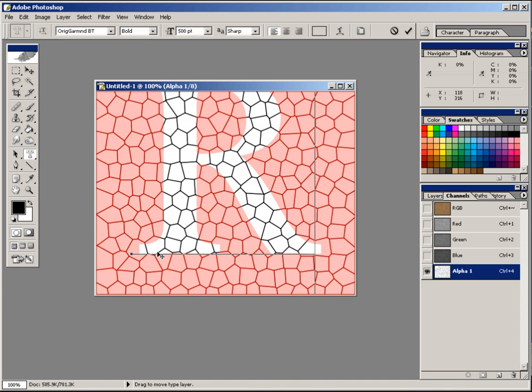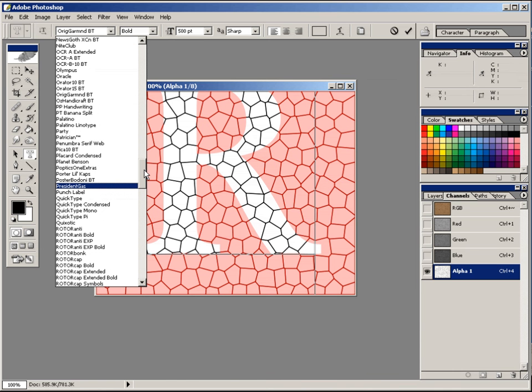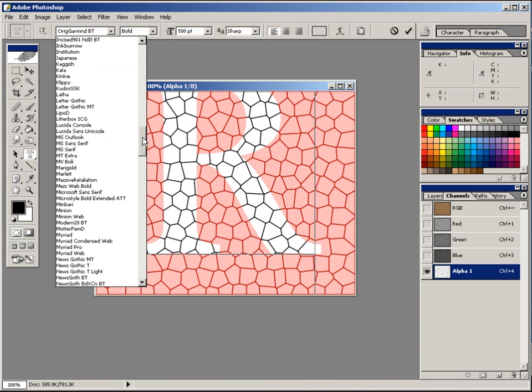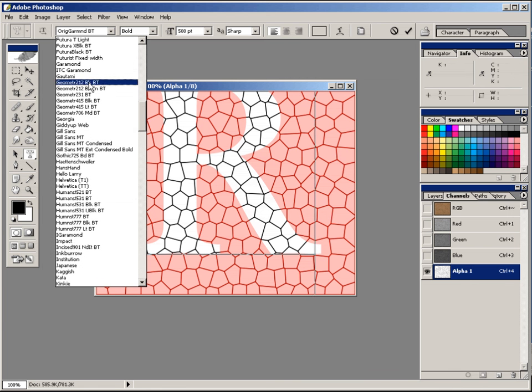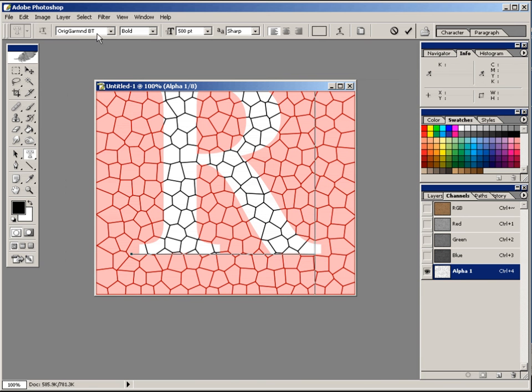I think this is going to fit okay. And the typeface I used, in case you want to see if you can get the same typeface, you can look right up here in the options bar, and it's sort of abbreviated. It's Original Garamond, and you can see this is just a different version of the Garamond type, and I think that's how you say it, Garamond, or I'm not really sure. Anyway, you can see here's just the basic Garamond version, but I'm using this other one, which is the Original Garamond BT, and then it's bold,